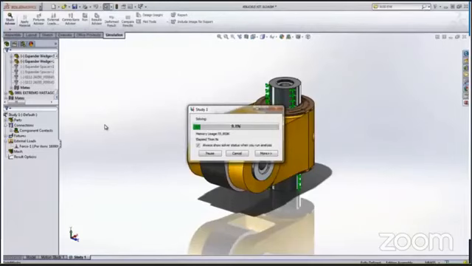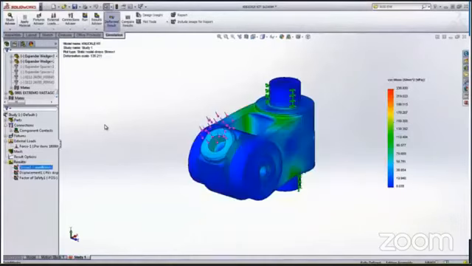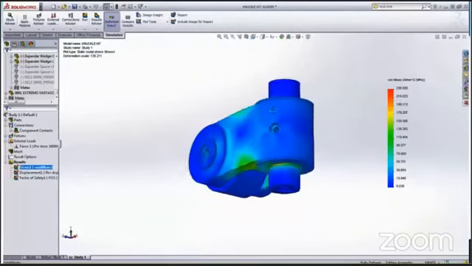Now SolidWorks itself is solving the problem and gives you results in terms of stress analysis, displacement analysis, and factor of safety.